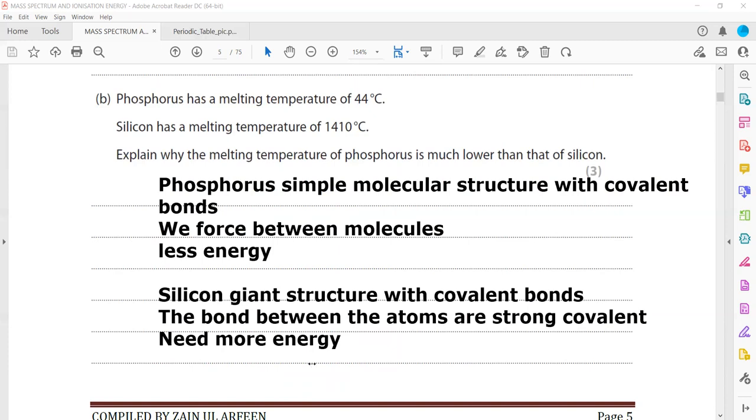Yes, sir. But why does phosphorus have molecules, why not atoms? Phosphorus forms 3 bonds, and forming 3 bonds does not support a giant structure. Silicon can form a tetrahedral structure, which can support the giant structure. But for phosphorus, 3 bonds are there, so it's not able to have a very long chain compound. But silicon, like carbon, can form 4 bonds, more bonds per atom. As a result,